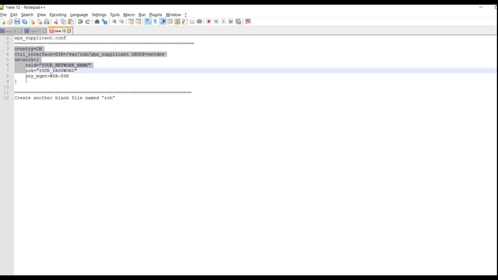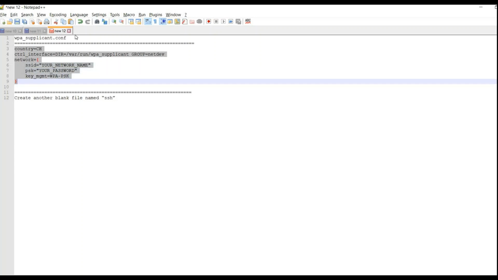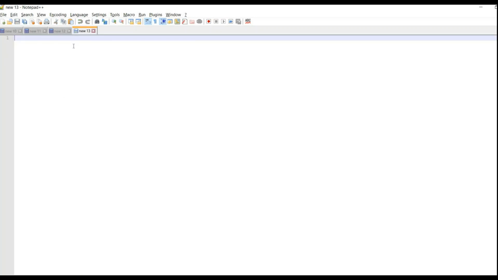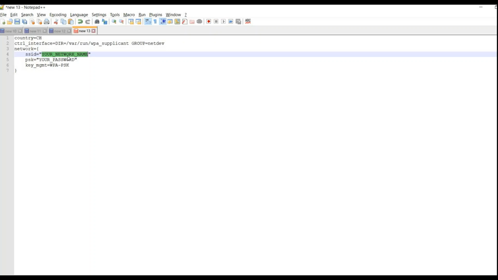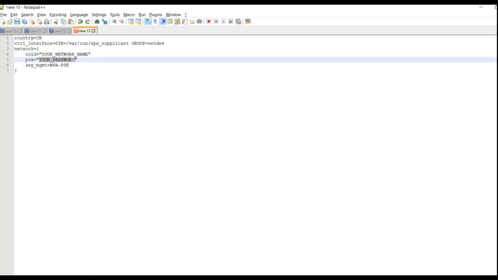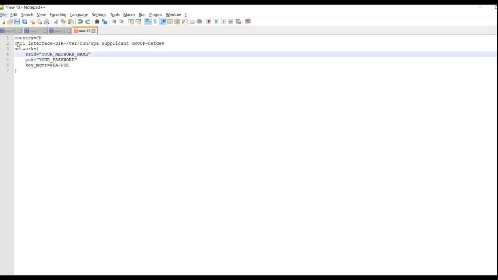first we copy this particular section of text, open a new notepad and paste it here. This will enable the network in the Raspberry Pi. Here you have to change it according to your configuration. First you have to put the country code here. I'm currently living in Switzerland, so I put CH. And here in the SSID, you have to put your own Wi-Fi SSID, and in the PSK, you have to put your Wi-Fi password. Now once you enter your details,